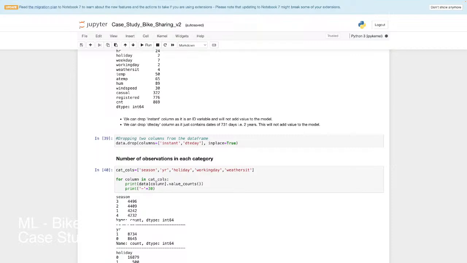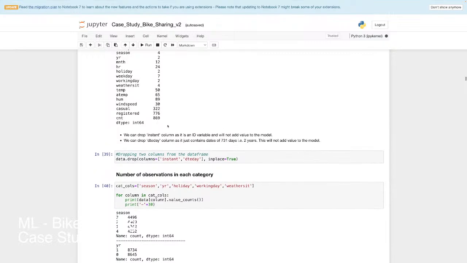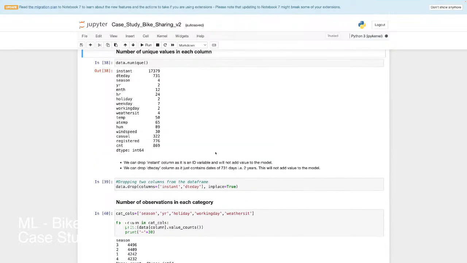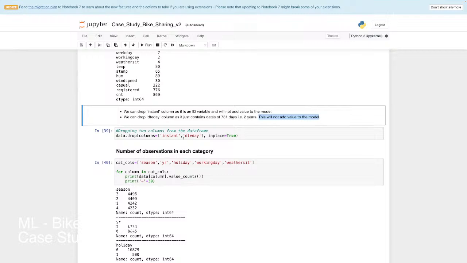And here they're dropping the instant and the date columns, so they're not really needed. It's dropping it as it just contains dates of 731 days, example 2 years. This will not add value to the model. So this is where you define exactly, okay, is it really worth having it or is it not? And based on that, you decide whether it's a good column to train on or not. And obviously they dropped it,